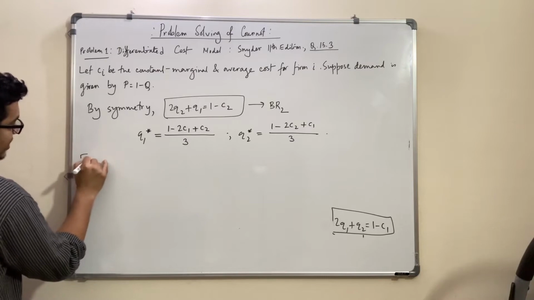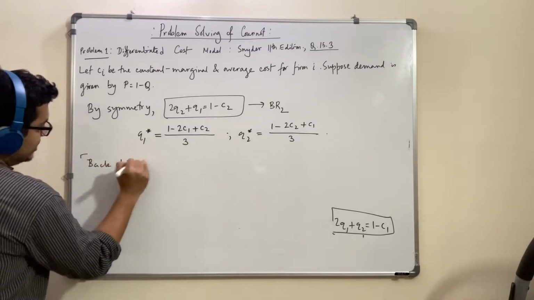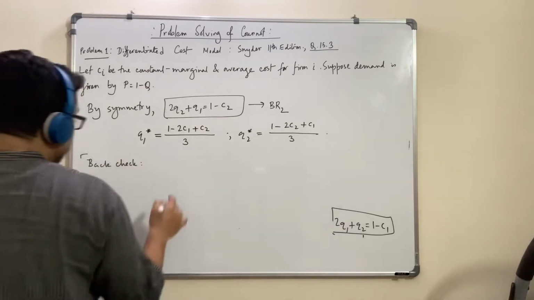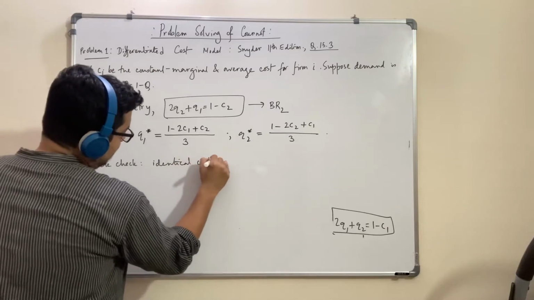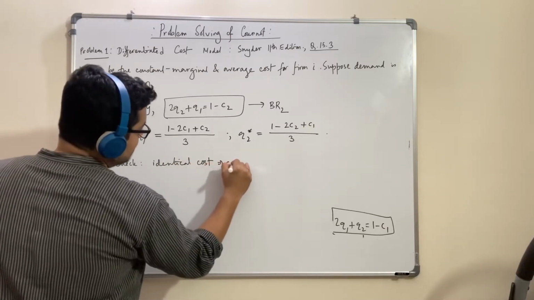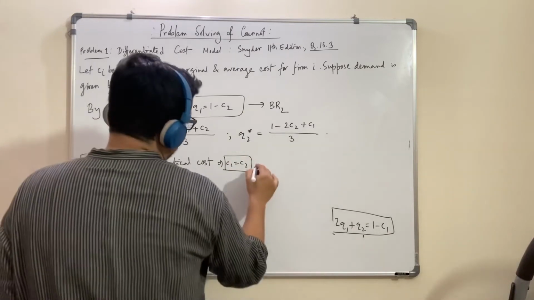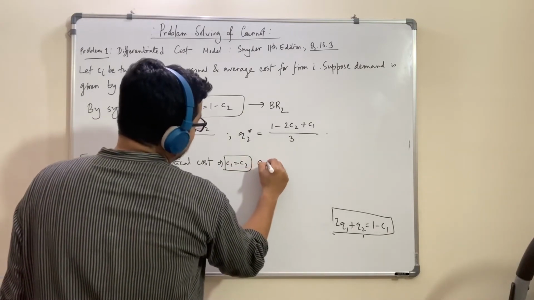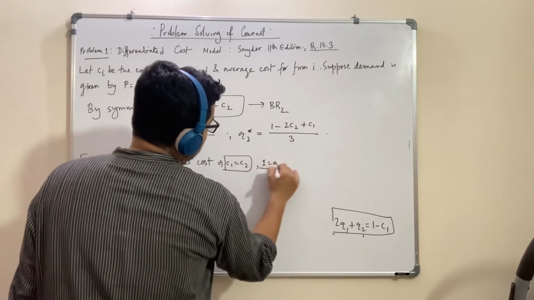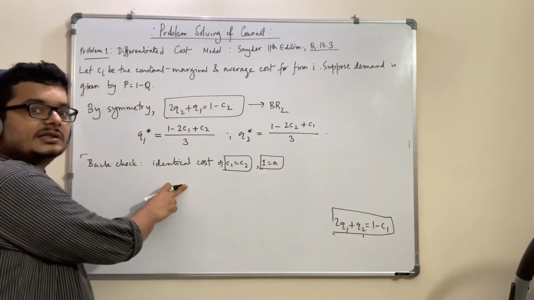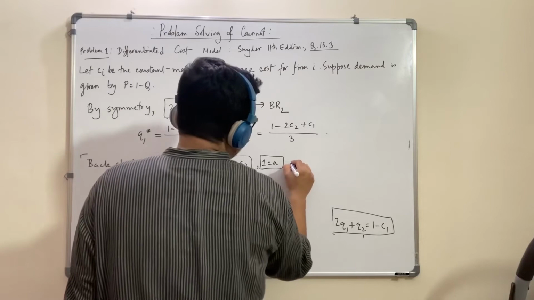Now this is just back checking. Remember, we considered identical cost in our model, which implies C1 equal to C2. So if we put that, and we had A instead of 1, so C1 equal to C2 and 1 equal to A. This is according to the model we considered in our theory class. Okay. So if I put that,